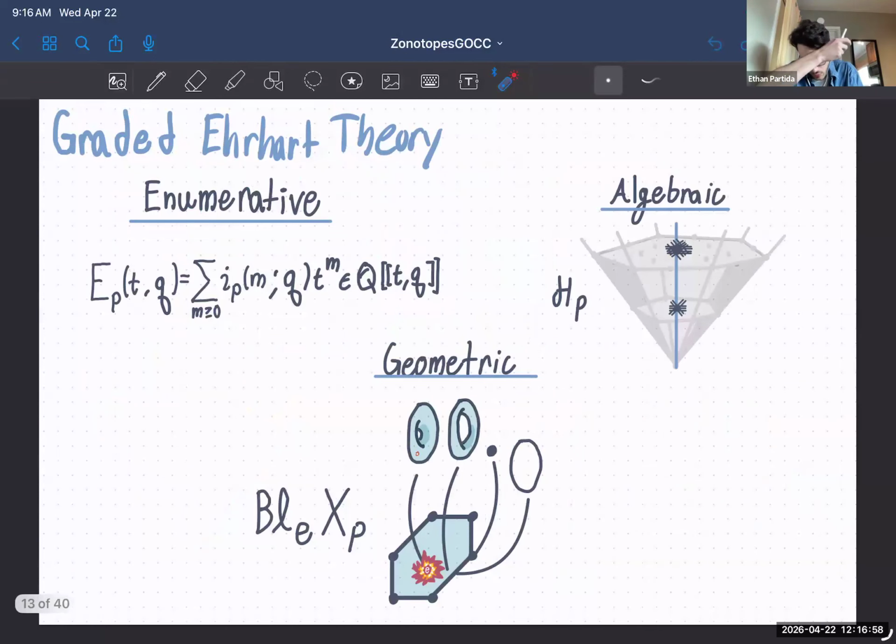Okay, so this is a summary slide, and we still have maybe a trinity going on. And now the contexts are a little different. There will be a notion of a graded Ehrhart series, which will now be a generating function in two variables, t and q. And I'll say more about it, but there is a noticeable lack of a graded Ehrhart polynomial, whatever that should be. For this, at least in the general case, there doesn't seem to be a graded Ehrhart